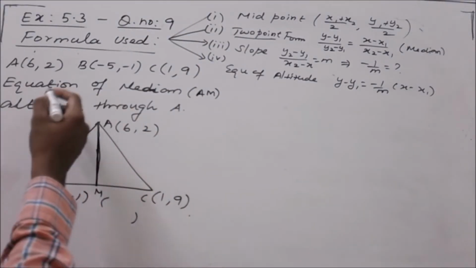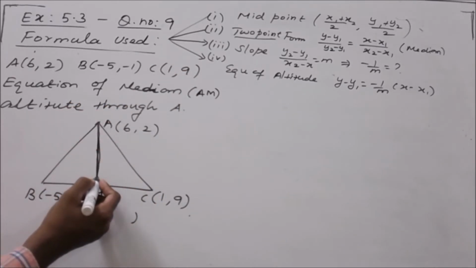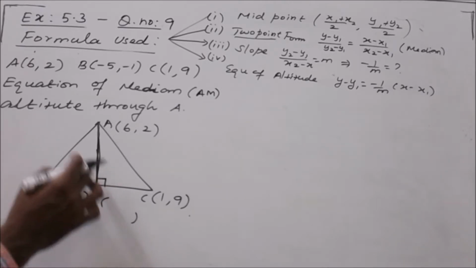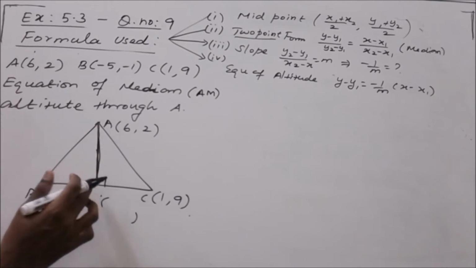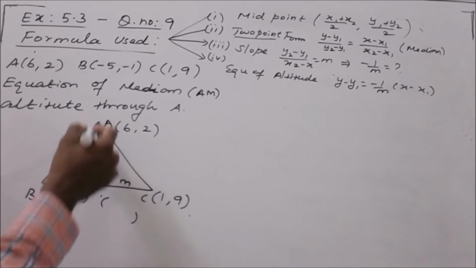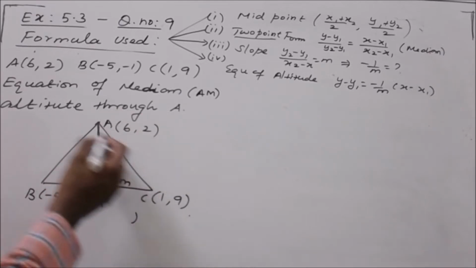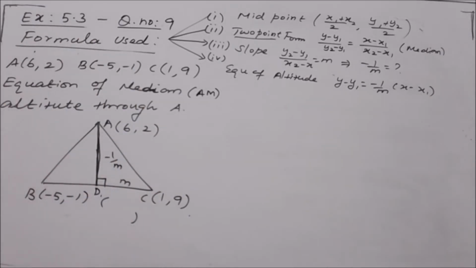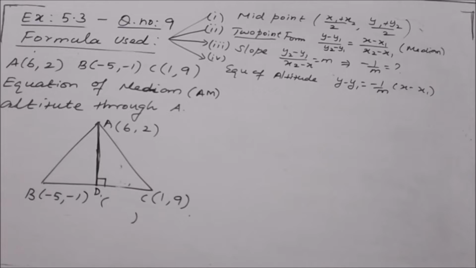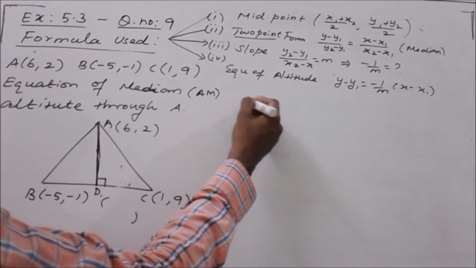And then the equation of altitude through A. The altitude passes through A, so in that case it will be perpendicular, but it does not pass through the midpoint. For the second case it is perpendicular but does not pass through the midpoint. So if the slope of BC is m and we take the altitude as AD, the slope of AD is minus 1 by m. Then use this formula. We will calculate in 2 different ways. The first case is now how to find the median through A. To find the median, first find the midpoint. Midpoint D.